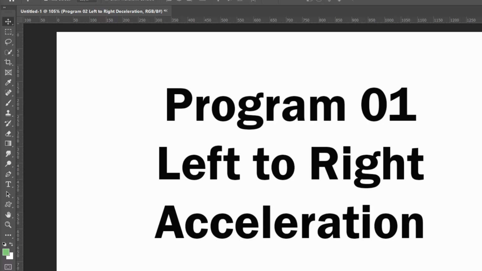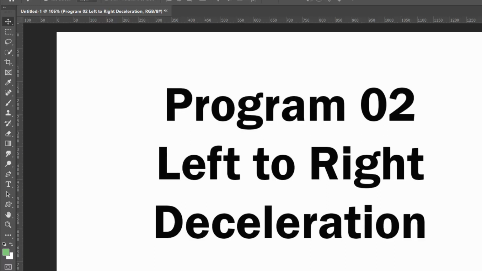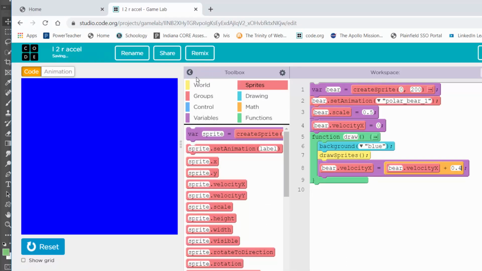Program number 2, and I'm using a fake whiteboard here. Program number 2 is going to be another left to right motion, but we're going to decelerate. Decelerate is slowing down. All right, well, let's hop back over there to code.org, and I'm going to remix this,